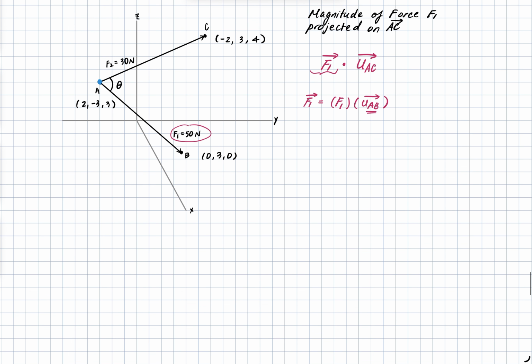So let's go ahead and get started. We know the magnitude of F1 is given to us in the problem. To get the unit vector of AB, we first have to find AB. AB equals B minus A, and what I mean by that is we take each component and subtract: BX minus AX, comma BY minus AY, comma BZ minus AZ. Let's go ahead and solve this, so the vector AB